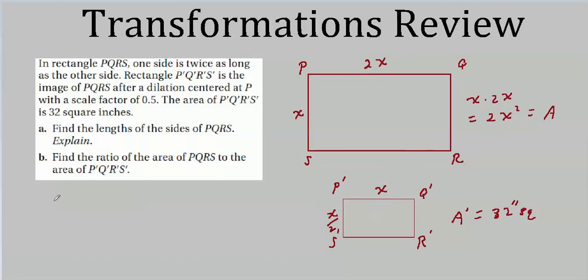Let's try it over here. We got x squared over 2 equals 32. Or x squared equals 16, which means x equals 4. Right? 4 squared is 16. Well, if x is 4, that means this is 4. And this is 8. It's 4 by 8. And the ratio, of course,